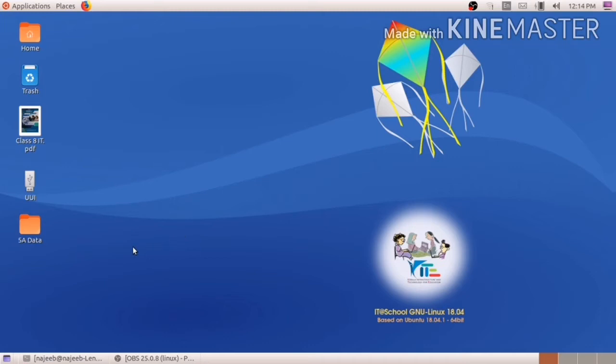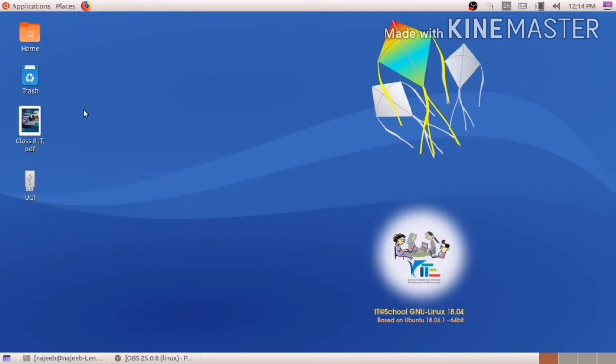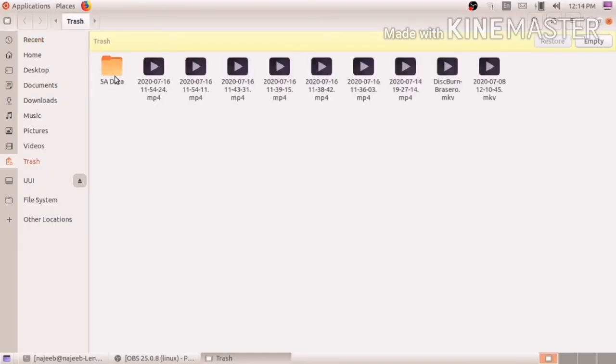Then if you want to remove it permanently, for that purpose you just right click, then move to trash, then come to the trash, then select the folder, then press the delete button on your keyboard.